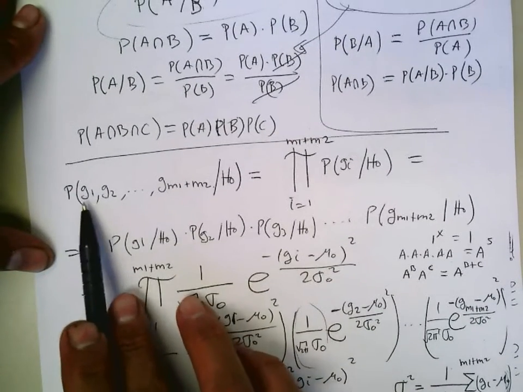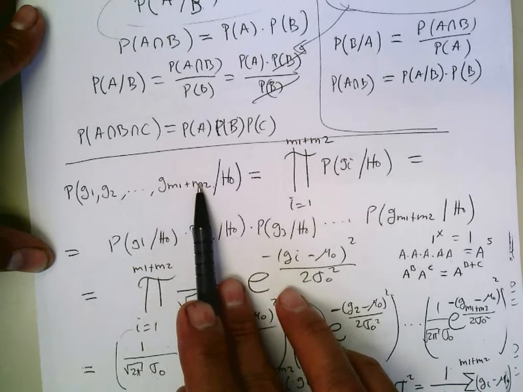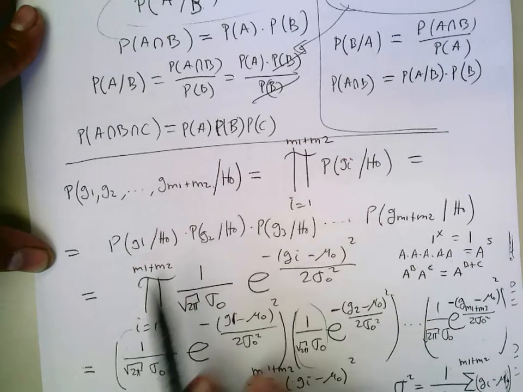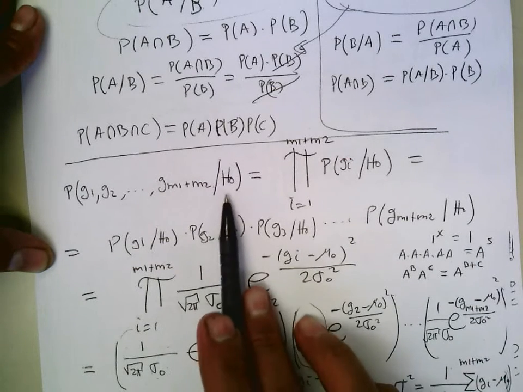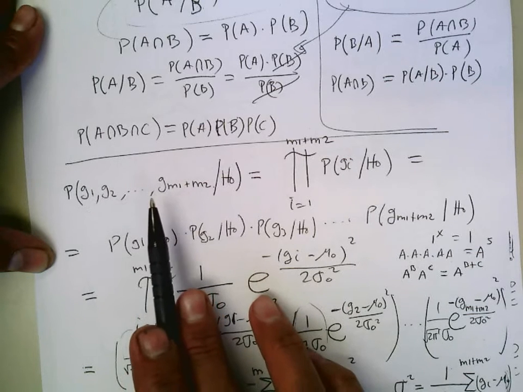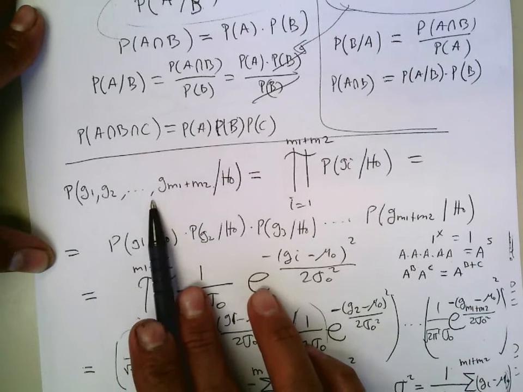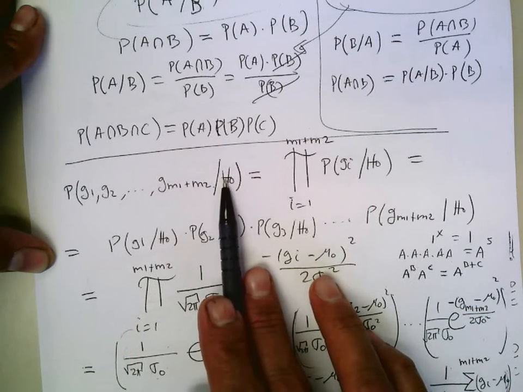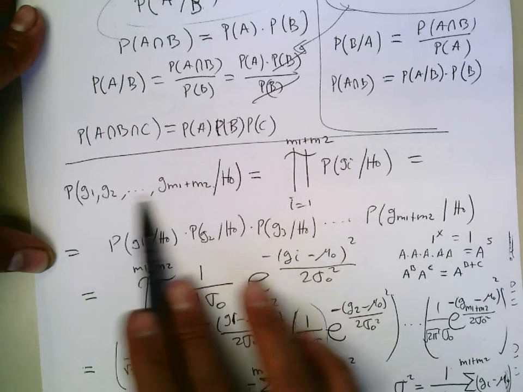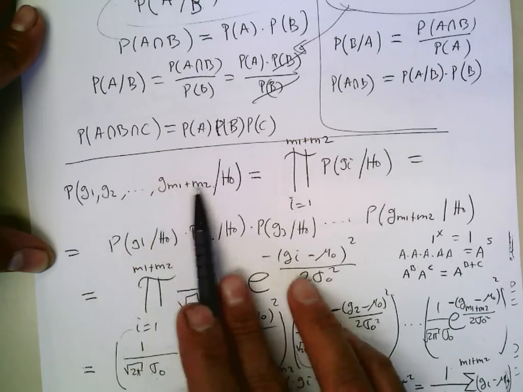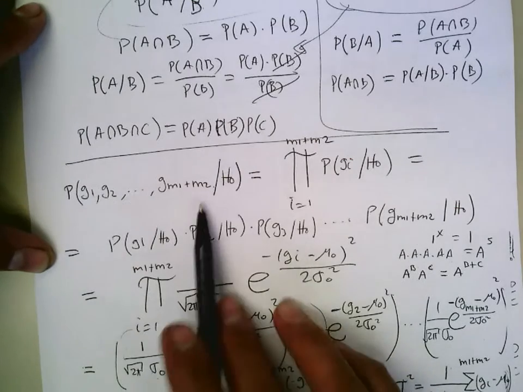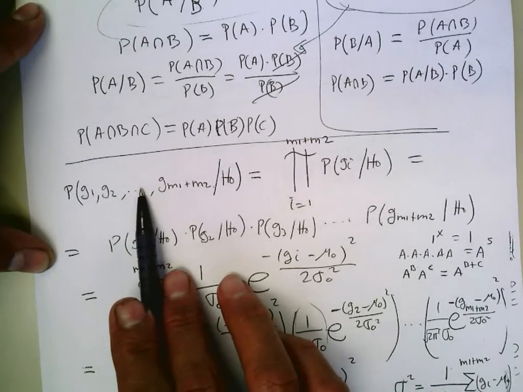So this is the probability of getting these intensity values given that they come from the same distribution. This is the null hypothesis. We're talking about two regions, of size m1 and m2. We go through all the values, from 1 up to m1 plus m2, which is all the intensity values listed in the two regions combined.